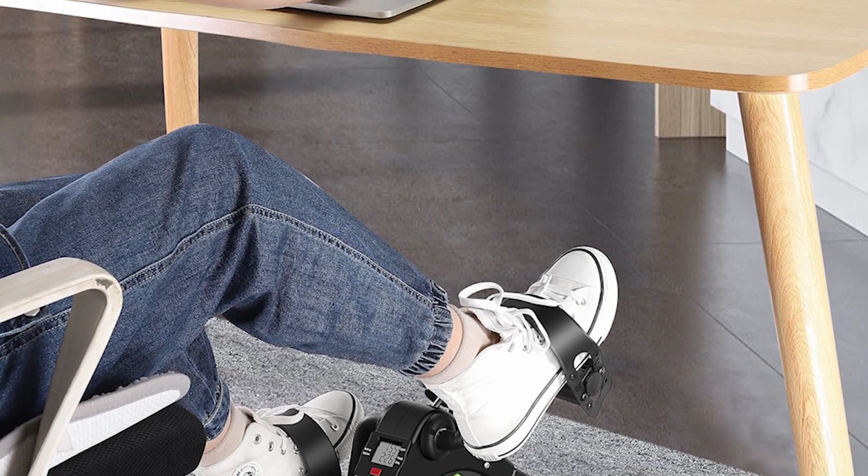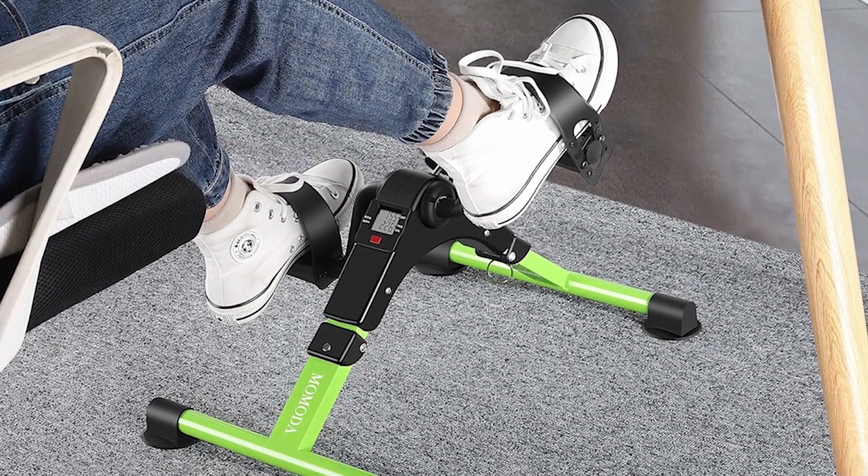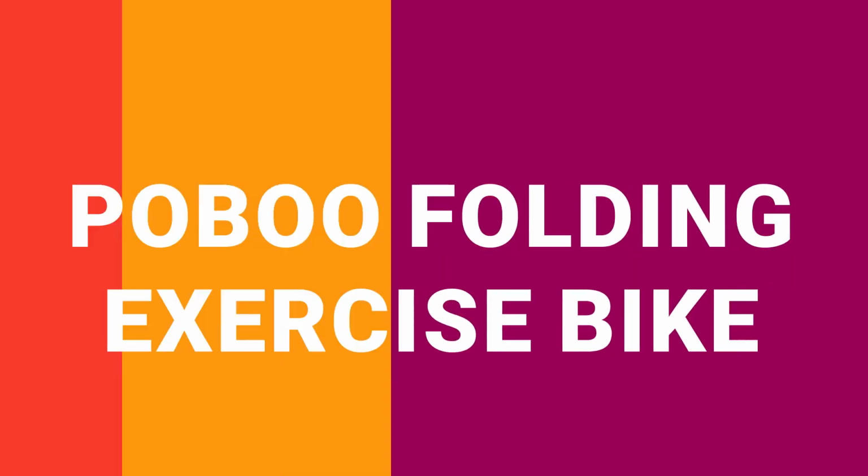While it's praised for its sturdiness and ease of use, some users report issues with the display and stability on carpeted surfaces. It's a cost-effective solution for seniors seeking light exercise. Next, we got the Poboo folding exercise bike priced at